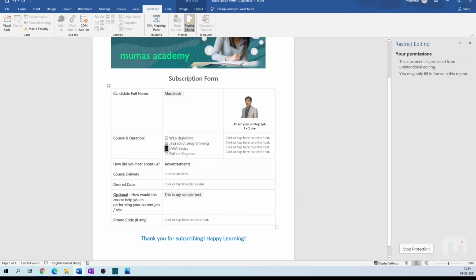When someone goes through and they fill out your form, they can save it and send it back to you, or they could print it out and then return it to you. So this form is ready and I can now distribute this to my sales team. I really believe that this form could enable a lot of flexibility for my customers during subscription. Alright, that was a quick look at how you can build a fillable form in Microsoft Word.